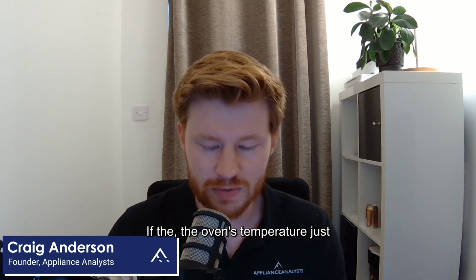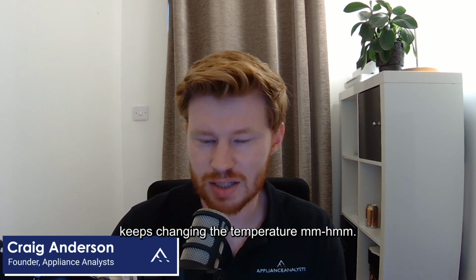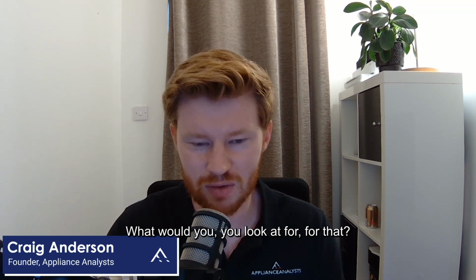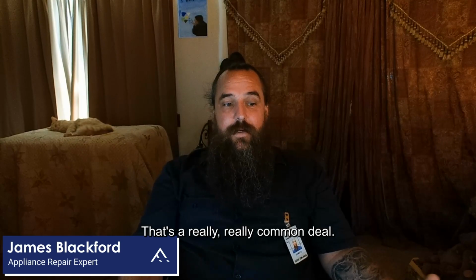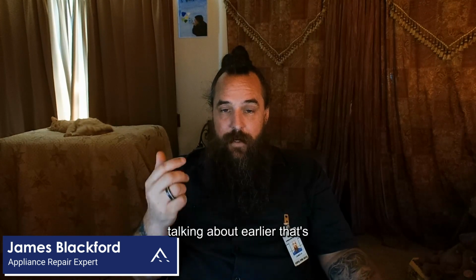If the oven's temperature can't hold steady, or if it keeps changing, what would you look at for that? That's a really common issue. It doesn't seem to be cooking right. The best thing I recommend is to find the probe we were talking about earlier that's sticking out of the oven